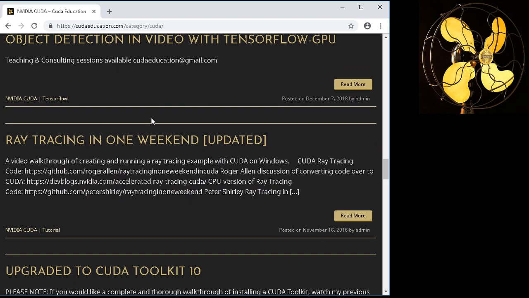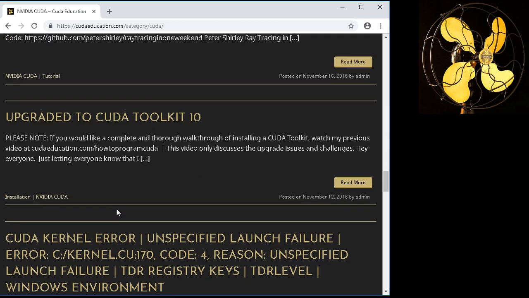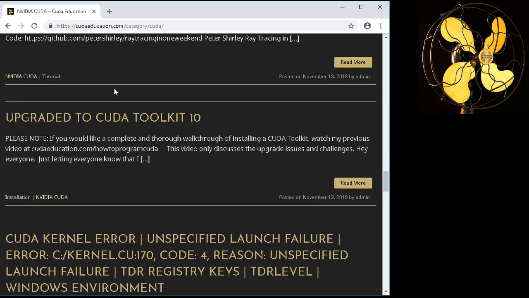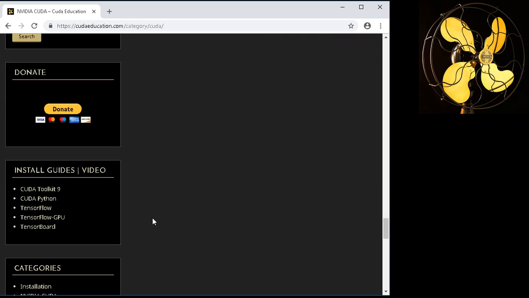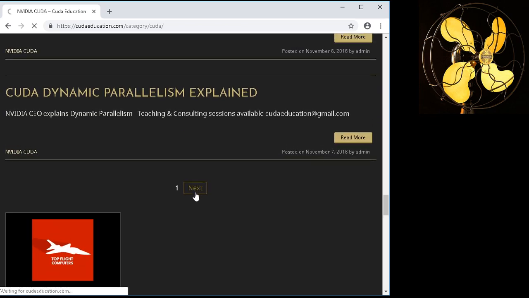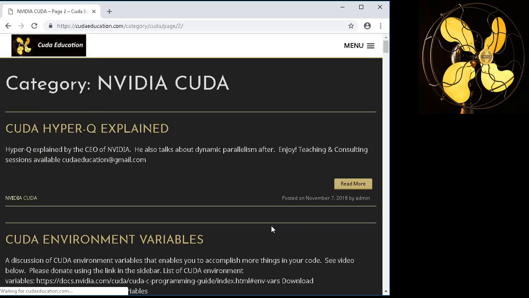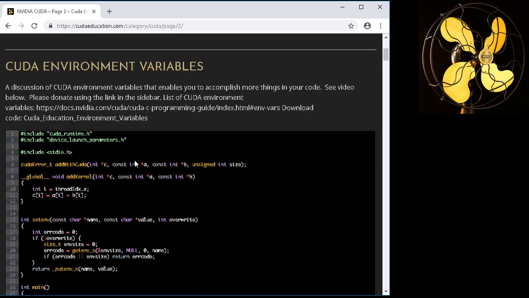There is a ray tracing example. I talk about my experience of upgrading to CUDA Toolkit 9. So I started from scratch with CUDA Toolkit 9, and then I upgraded to CUDA Toolkit 10. So my experience might be a little different than if you're straight just trying to install CUDA Toolkit 10 from scratch. And then I discuss some errors here, and there's a bunch of stuff. So, environment variables,